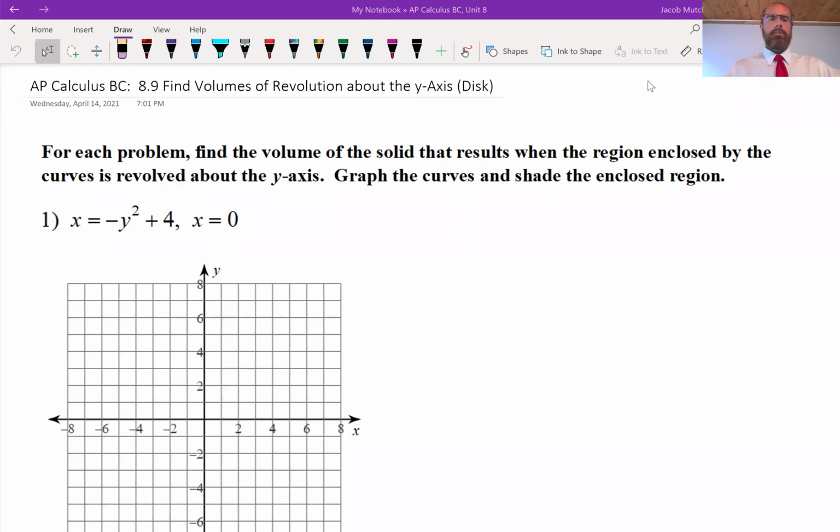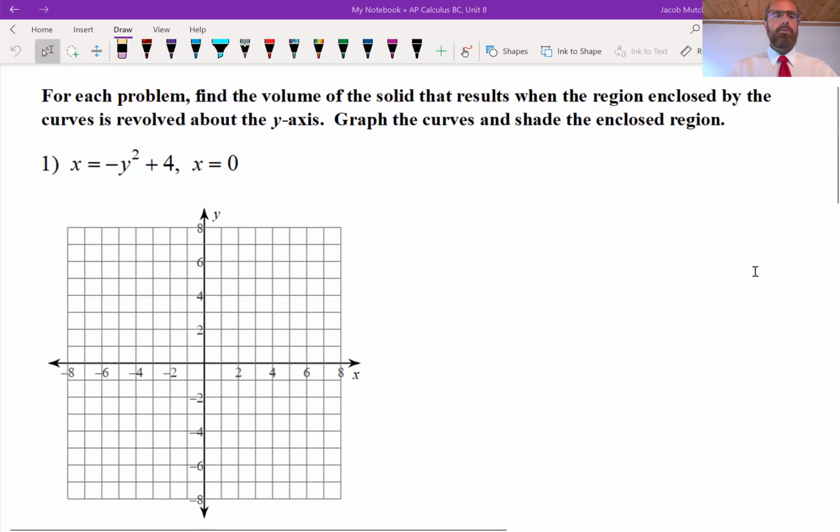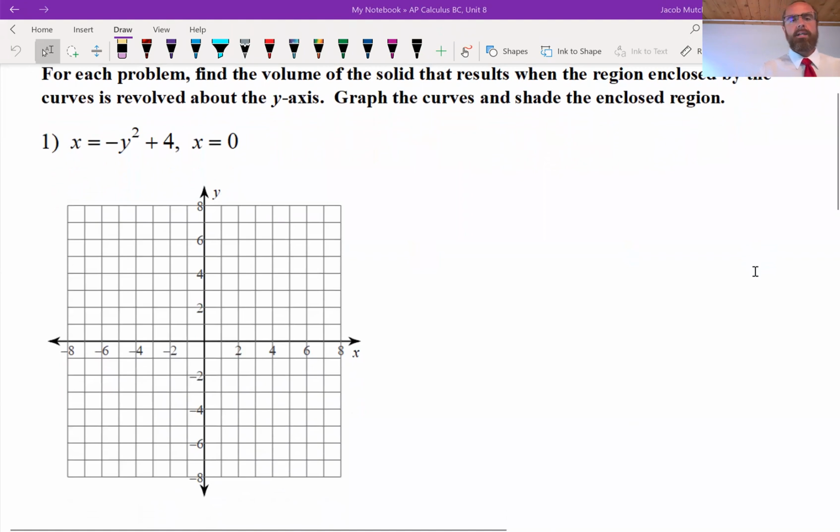Welcome to Calculus. Today we will investigate how to find volumes of revolution about the y-axis using the disk method. We'll take a look at two examples. Our first example is the relation x equals negative y squared plus 4. And we're considering that graph and the area between it and the y-axis, which is given by the equation x